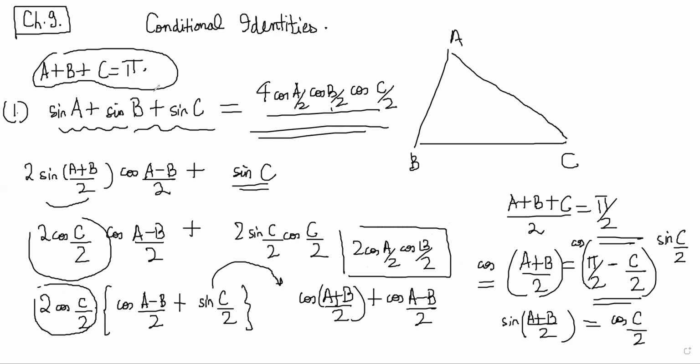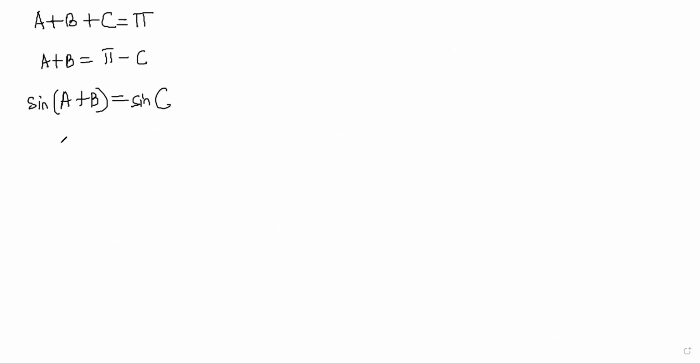Yes, sir. So this is the kind of thing that you will be asked to do in this chapter. Always you will be using these identities. So if you have this situation, you can always say A + B = π − C. So if you take sine on both sides, sin(A + B) will be equal to sin C, right? If you take cos of both sides, cos(A + B) would be equal to −cos C. You understand why minus cos C, right? Cos of 180 minus C.